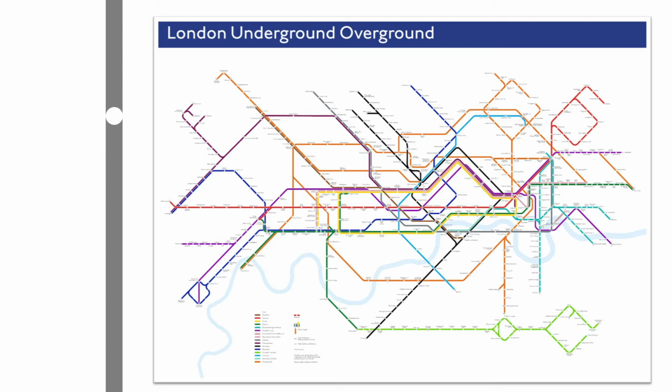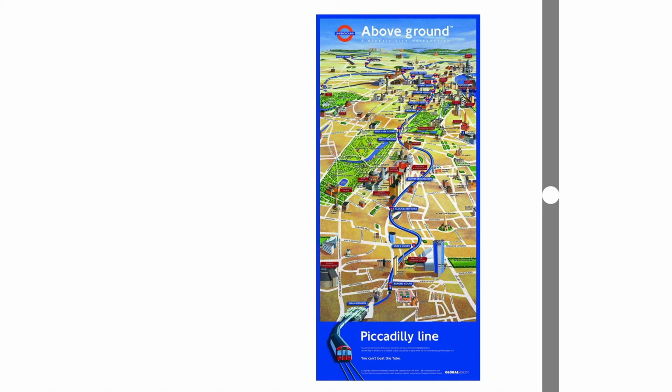So there's one more map I wanted to make of this data. Remember I said I wanted to create space above the ground. The basic form of this map takes a traditional planimetric form, but I wanted to do something else with it. And I wanted to try to take a hint from some of these beautiful maps that I'll quite often see on the London Underground from time to time, and this is particularly on the Piccadilly Line. It's actually a graphic made by a firm called Global Vision Mapping in 1995.